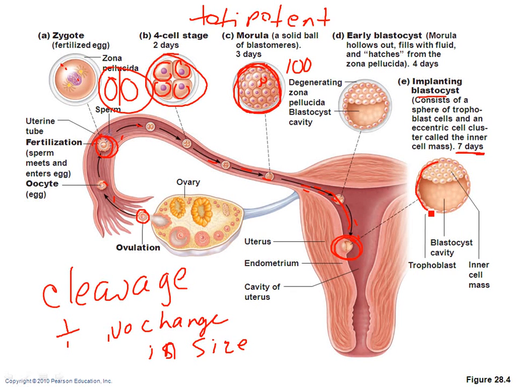And the blastocyst is basically a round group of cells, has a fluid-filled cavity, and it has this inner cell mass. This whole thing, you have the trophoblast, this blastocyst cavity, and this inner cell mass. And this is the blastocyst, and that's what actually implants at about a week after fertilization. Now what happens?